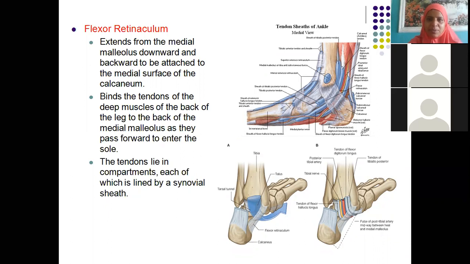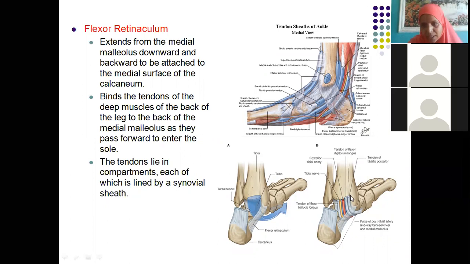Ansraj was telling the names, no? What were the names? Tibialis posterior, isn't it? Then flexor hallucis longus, then flexor digitorum longus. Such muscles' tendons are passing through this retinaculum to go into the plantar aspect of the foot. They help in the formation of arches of foot. In fact, we will discuss when we do arches of foot. Through this retinaculum, the tendons are passing deep and going into the plantar aspect of the foot.